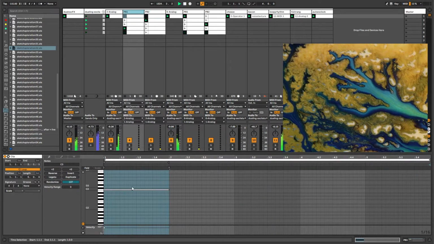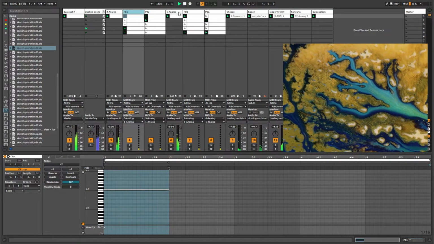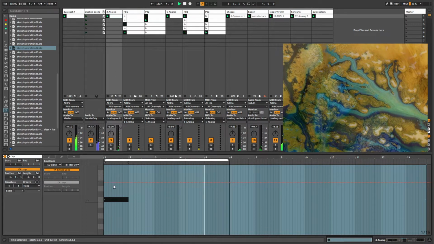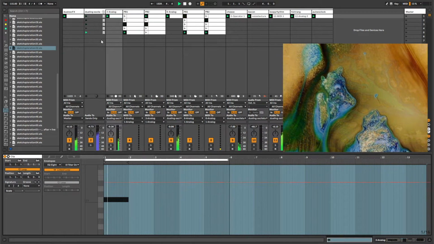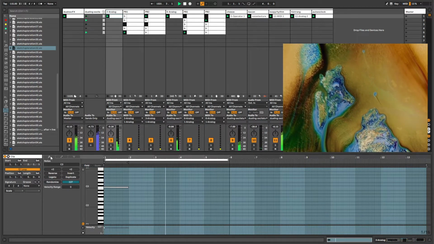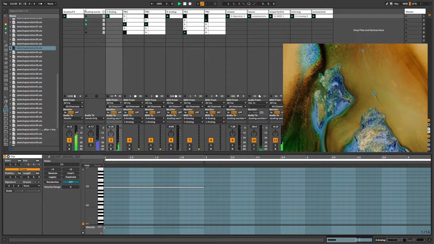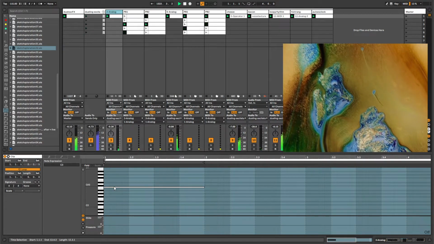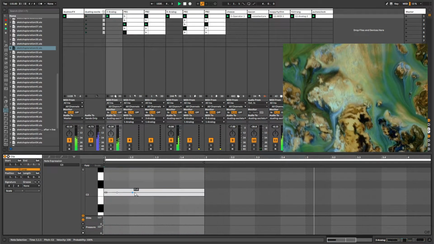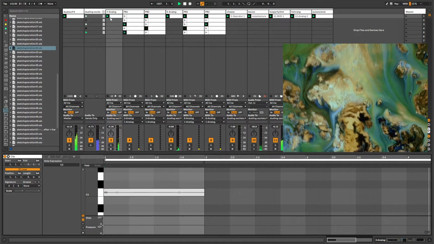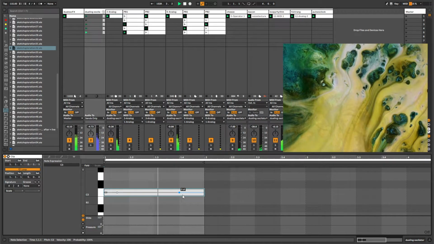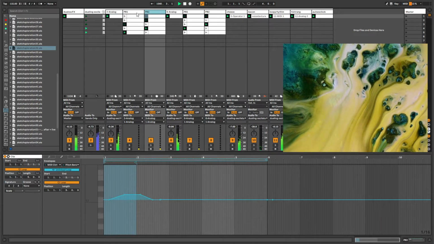Now, this was like an Ableton 10 sketch, so before the MPE abilities of Live 11. Sadly, we can't use the per note pitch feature with the Analog or Operator yet. I really do hope they expand that at some point. Because this thing here is pretty amazing. Okay, so I think what I want to do